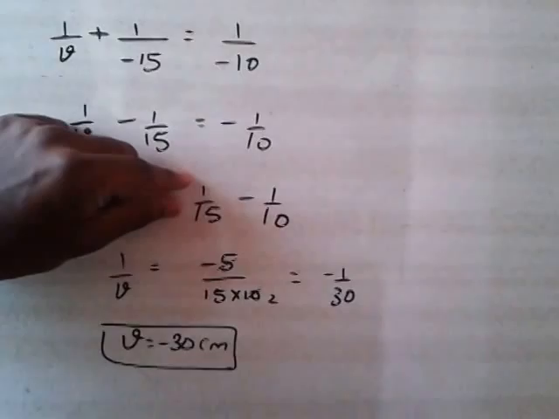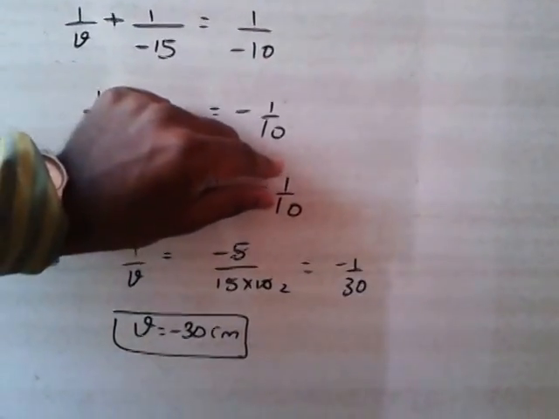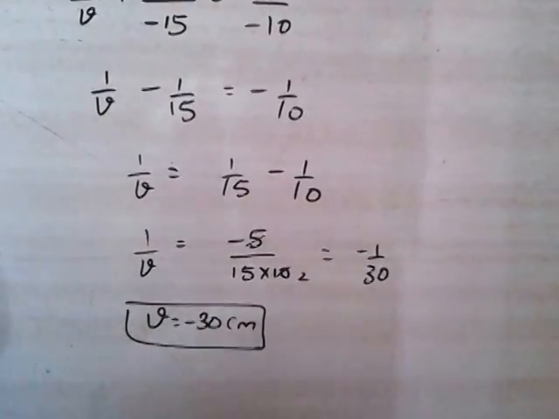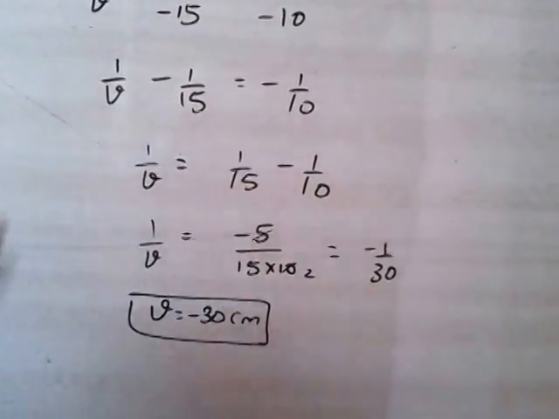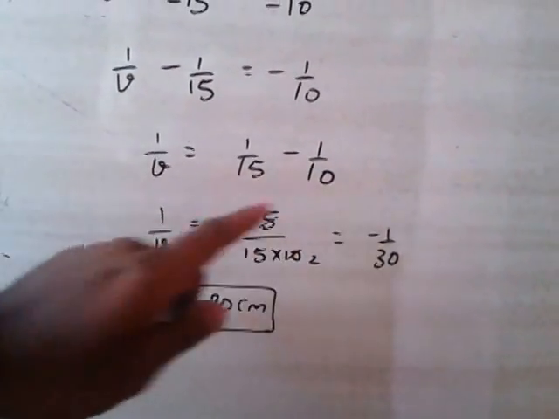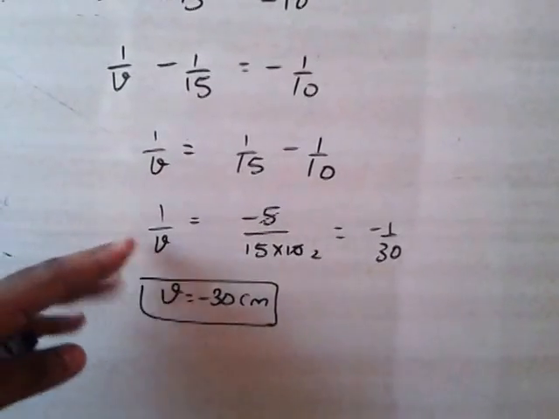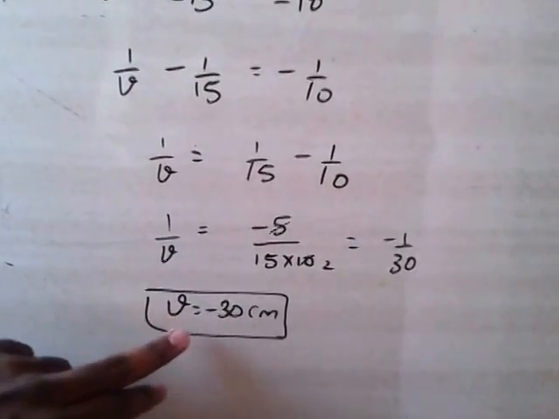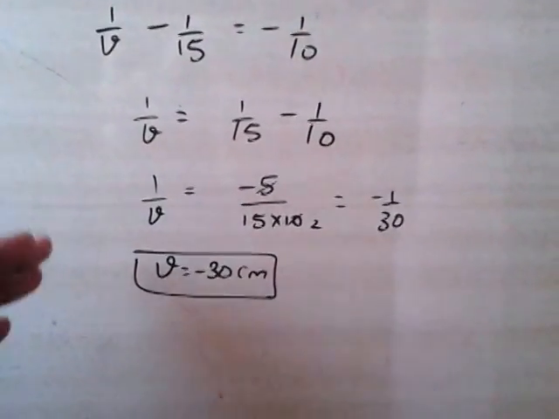As you know that 1 by 15 is a lesser value than 1 by 10. So actually this overall answer is going to be negative. So first of all keep this in mind, the overall answer is going to be negative because it is a lesser one minus a greater one. Okay? So now 1 by V is equals to, if you solve this you will get minus 1 by 30, and if you invert it you will get V is equals to minus 30 centimeter,